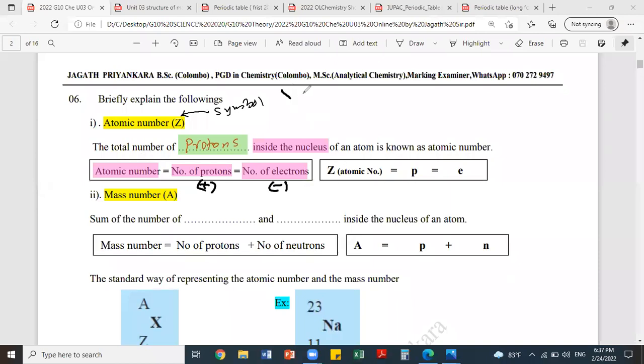Can you all put a stand right here? An atom is electrically neutral. An atom is electrically neutral because it has an equal number of